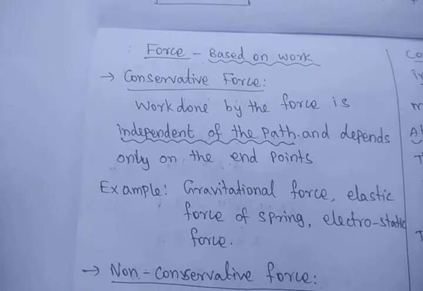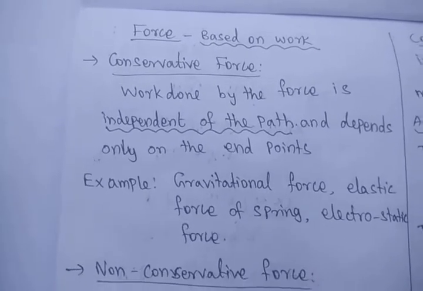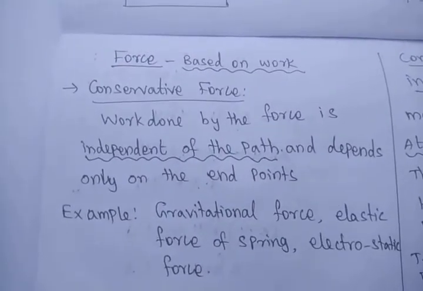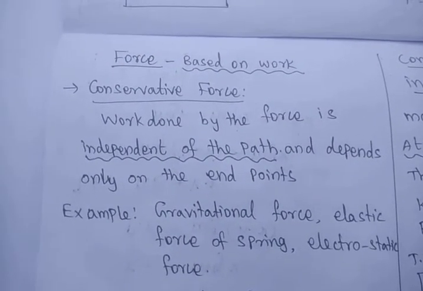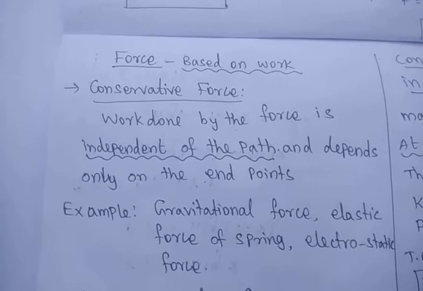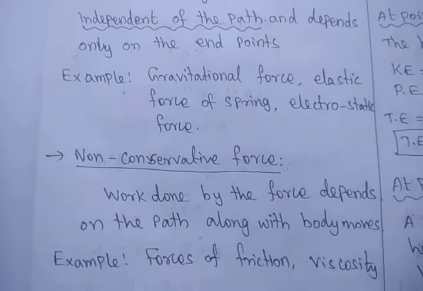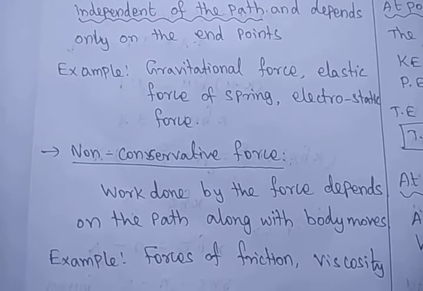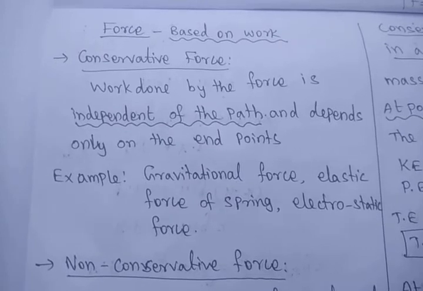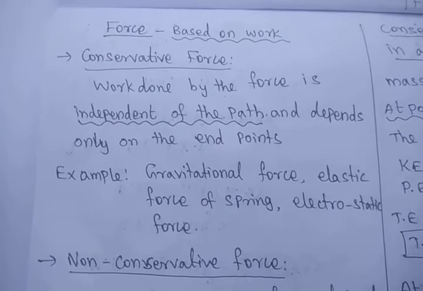There are two types of forces, conservative force and non-conservative force. Conservative force means the work done by the force is independent of the path of the body. Non-conservative force means the work depends on the path along which the body moves. The example for the conservative force is gravitational force,